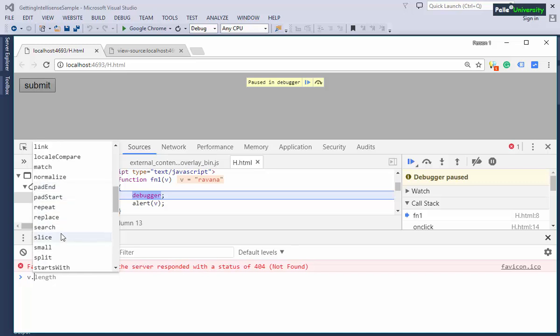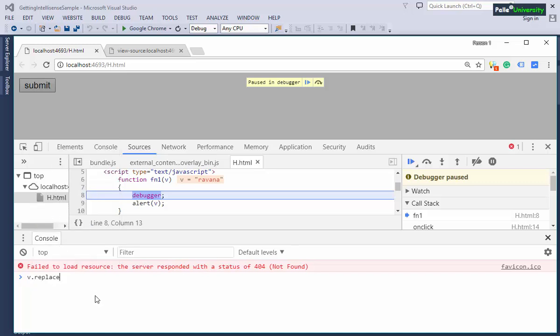Is there any function like replace? Yes, it is there. Now I will call the replace function. You observe, when I type replace, it is expecting some characters over here. By using a trial and error mechanism, you just pass VANA. I'm just verifying whether this replace function is the right function or not by writing the code in the console. After that, I type a comma and then I type MA in single quotes. I will click on enter.